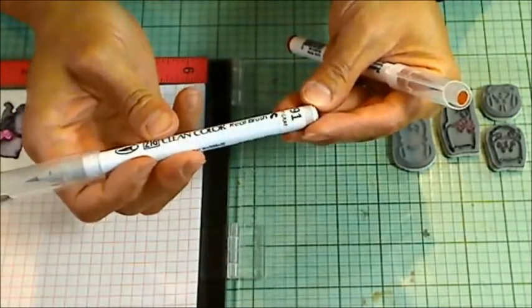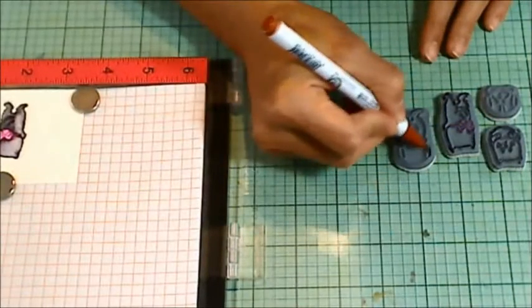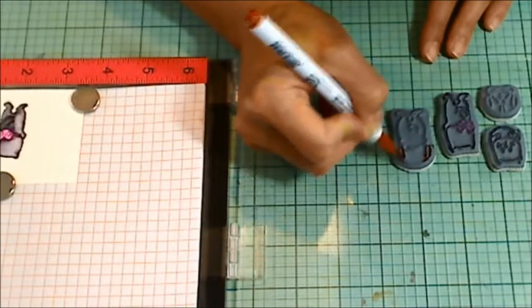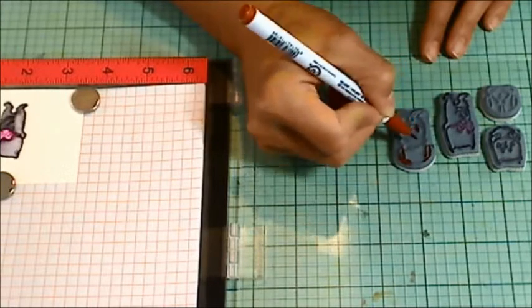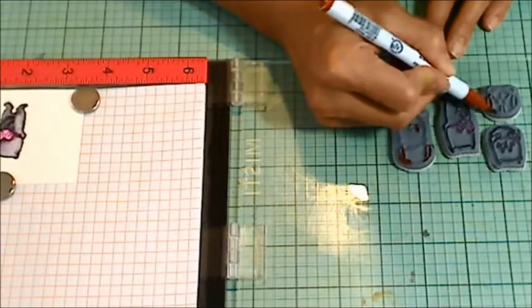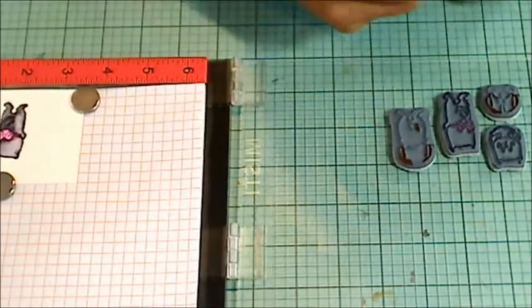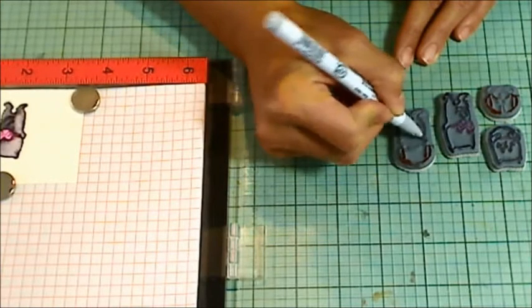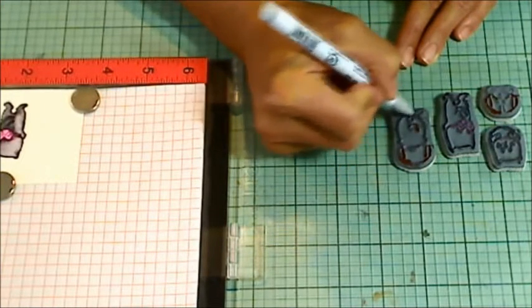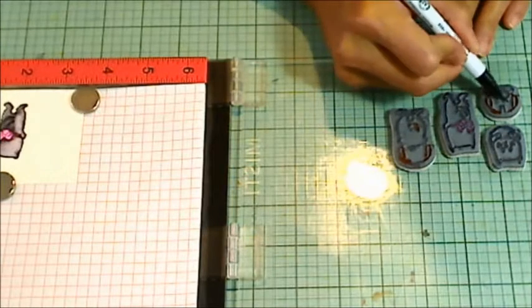For the dog, I'm going to use a light gray, 091, and brown, which is 090. And first I'm going to just color up the ears, which I think will be a nice brown. And then maybe I'll do the tip of the tail. And again on the face. And then everything else I'm going to do with a gray so that it's going to look like it's a white dog with brown spots. Except that I'm going to use the black for the eyes,